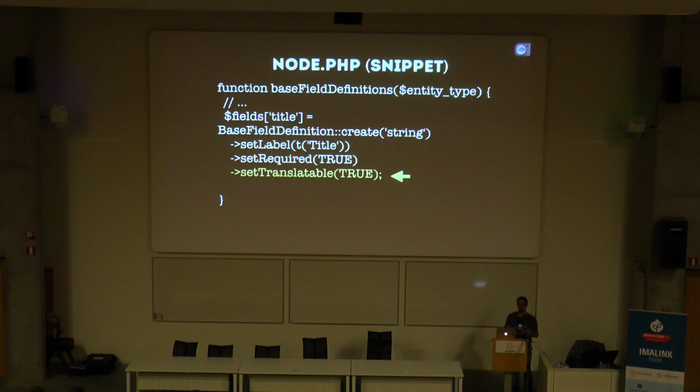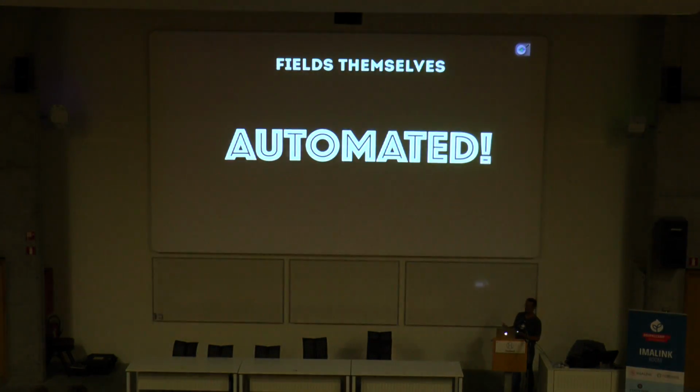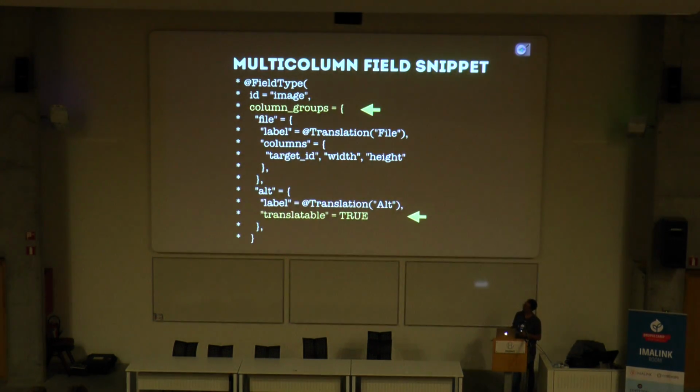So you have to explicitly say this on your base fields, but if you are using the Field UI and you add fields there, they will be translatable by default. But you have the option on the interface to mark them as if you want them to be translatable or not, but by default they will be. But here you have to explicitly say if you want them to be translatable or not. And if you are creating your own fields, because we have data types in Drupal 8 for defining them, this will just be translatable out of the box. But still, if you have